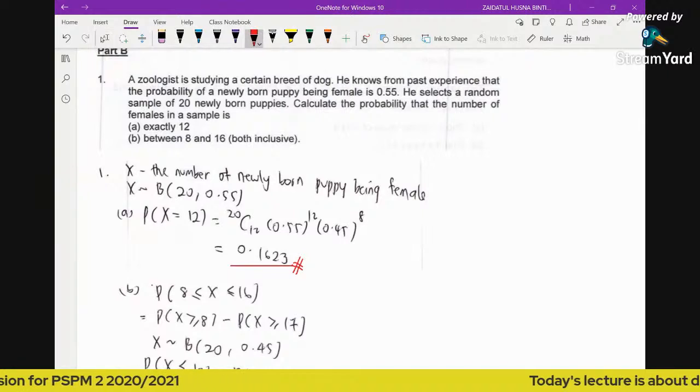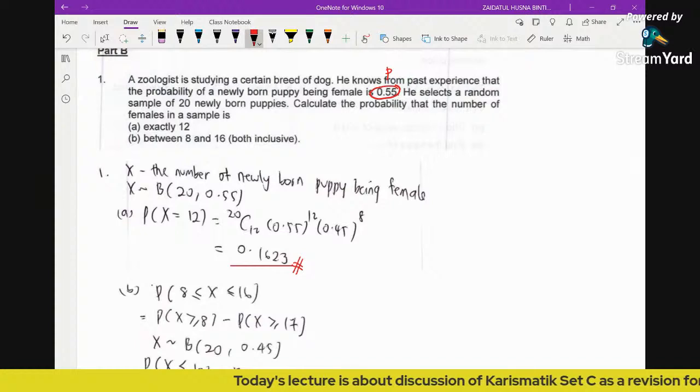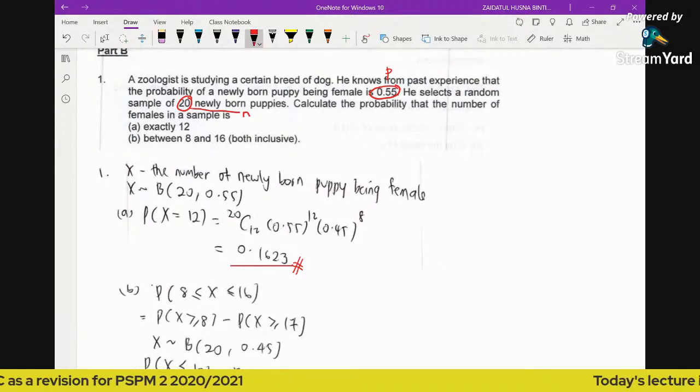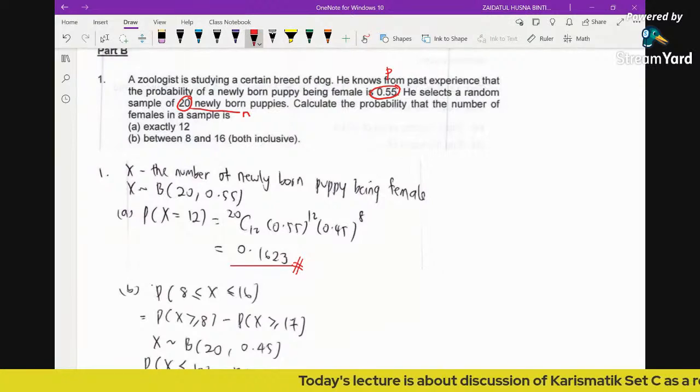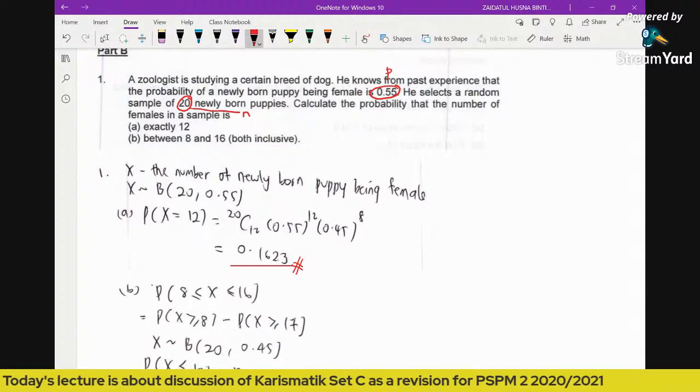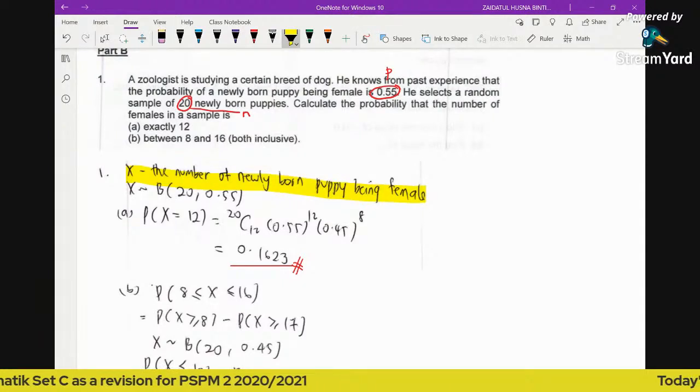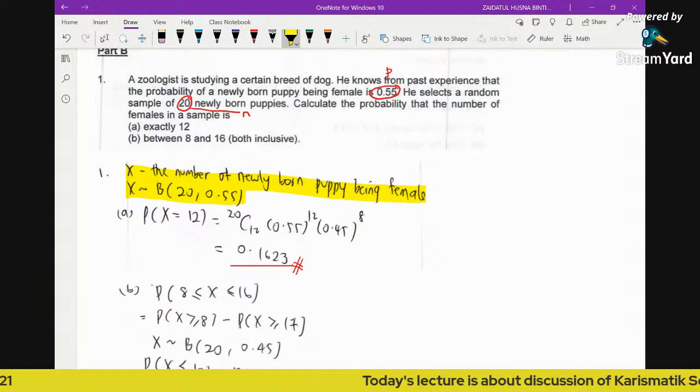So now, as soon as you read the question, you know that this is actually the probability of success. And then he selects a random sample of 20. So now, if you read the question, you can see clearly that we are given the n and the p. So whenever we are given n and p, and we are talking about the number of newly born puppies, it has to be countable. So the only possible distribution that can be applied is binomial. Okay, so now you can see that here X is the number of newborn puppies being female,